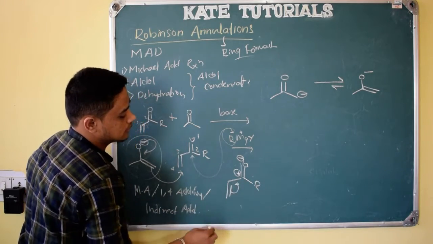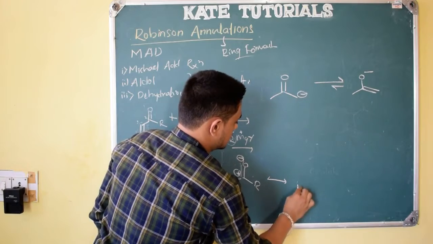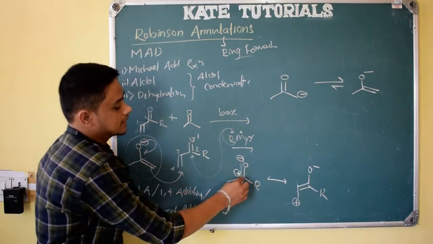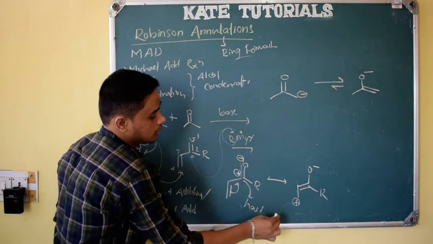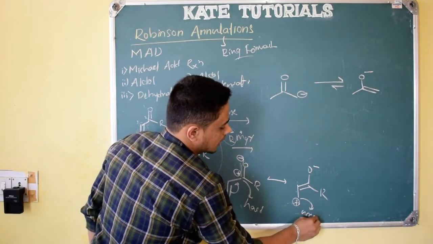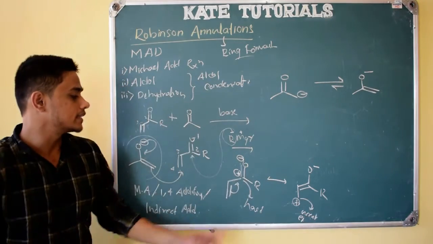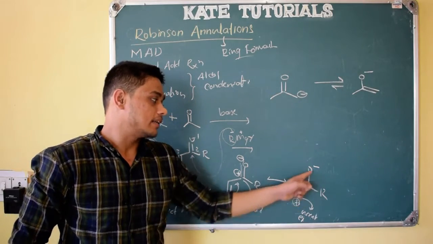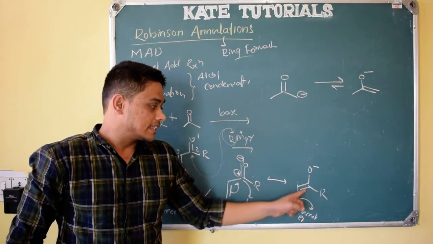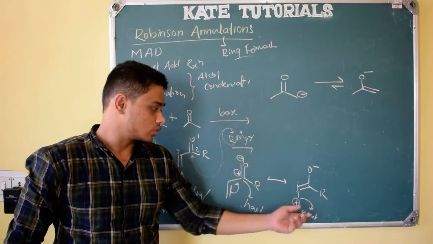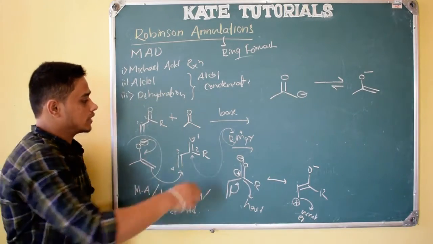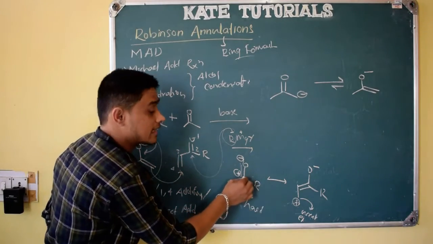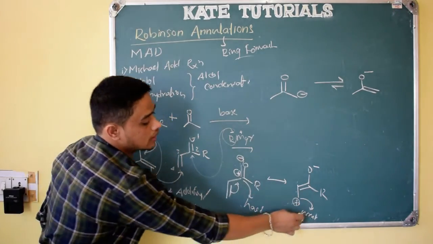Further if it gives, then what happens? Double bond here, O minus R, and this gets positive charge. So this is a hard electrophile, and this carbon is a weak electrophile. Why weak electrophile? This is hard because it is directly attached to the more electronegative oxygen, and this is away from that. And we know that as distance increases, the inductive effect decreases. So this is weak and this is hard, and we know that this is a hard nucleophile, this is a soft nucleophile, whereas this is a hard electrophile, this is a soft electrophile or the weak electrophile.